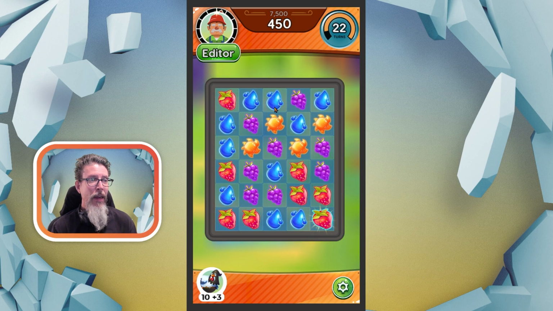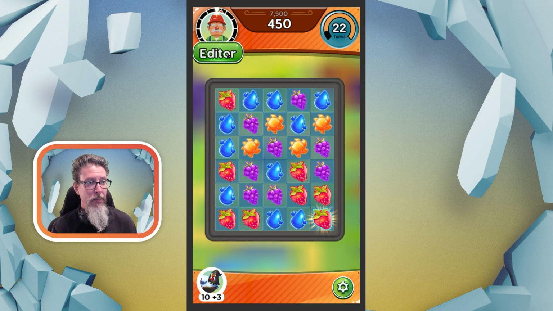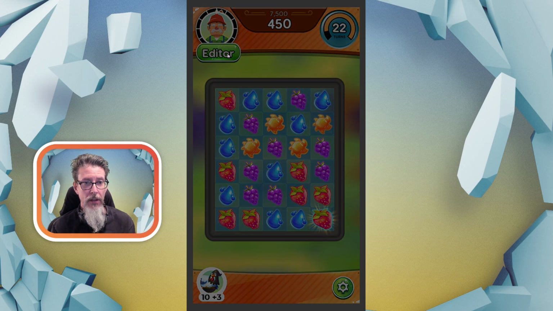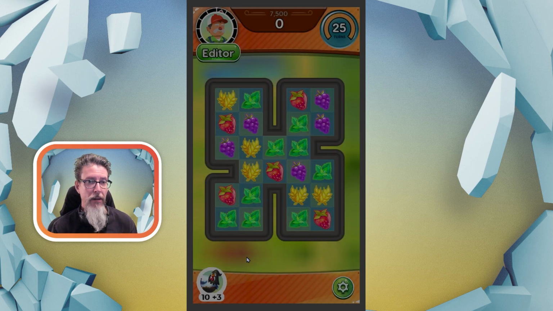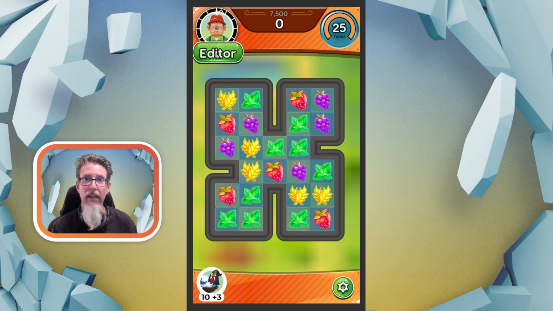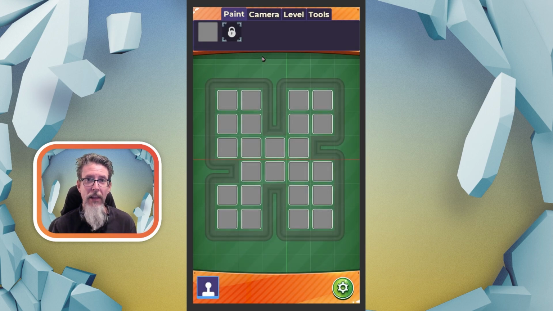Oh, I love that. So anyway, when you're done in here, there's an editor button where you can click and get back to the editor and continue to refine your layout, do whatever you want with it, and then hop back in and do some more testing. That's the key to a good editing tool, is that the iteration loop is tight, right? Let me put these